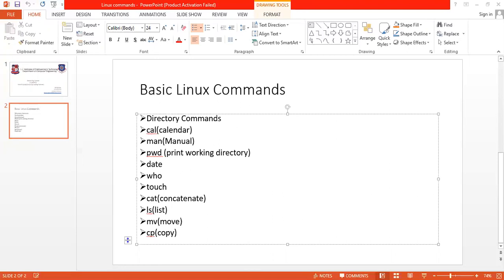What is the syntax of the cat command? If you are not comfortable with syntax, as I told you, you can go for the manual online help with the help of the man command, man space cat. Once you enter the help section, the syntax of the cat command and the different options available are there.